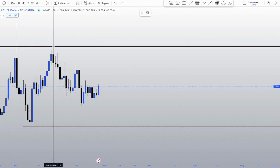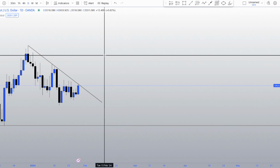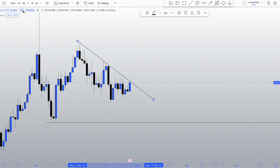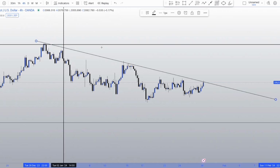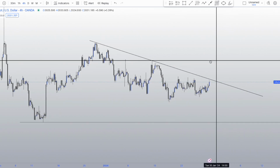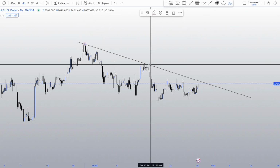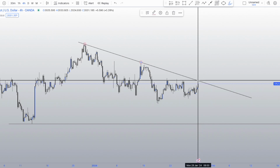So I'm going to pull from this trend line all the way even into this area on the daily. So I'm going to come on the 4-hour and I'm going to draw it clearly. So you can see this is the first touch, then this is my second touch. So I'm going to denote it with this highlighter tool. So this is my first touch, this is my second touch, and then we are expecting a third touch in